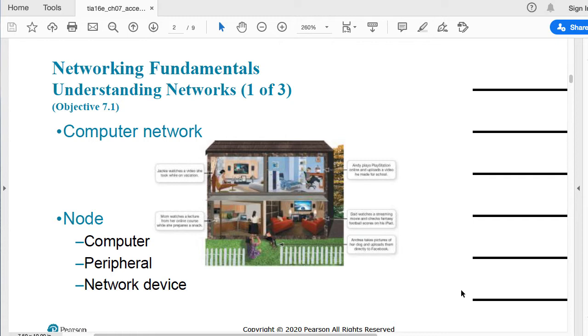Now, how does this communication work? For this communication to work, there must be what is called a protocol. And the protocol is nothing more than a set of rules that will determine how these different devices will communicate. So it's the same idea such as anything in life.